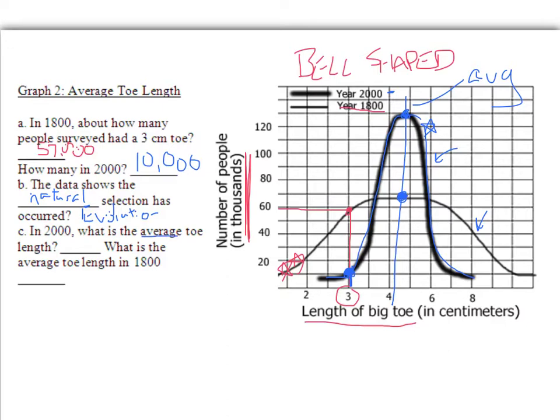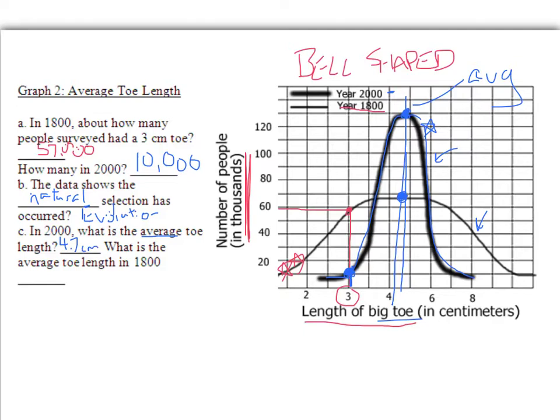Now the last question is all about what I said earlier. These graphs show you the average. So if you look at where the middle of the bell falls, that's going to be your average for toe length. So in the year 2000, if we're looking at the thicker line, the average toe length was approximately, again this line is really crooked, maybe somewhere between 4.5 and 5 centimeters. So we'll say 4.7